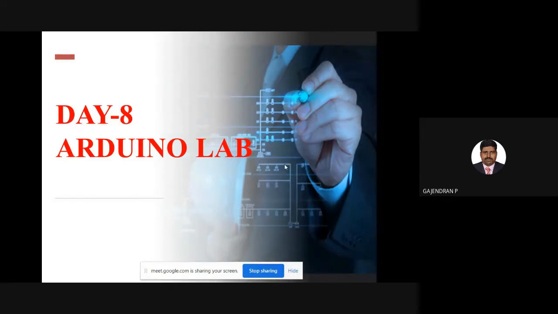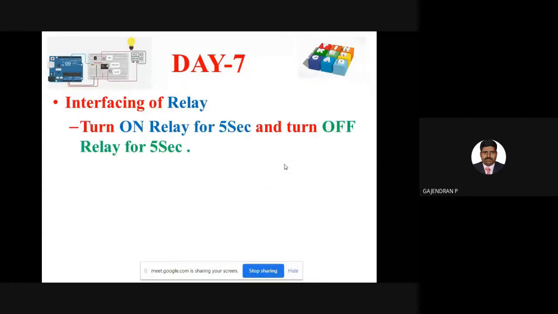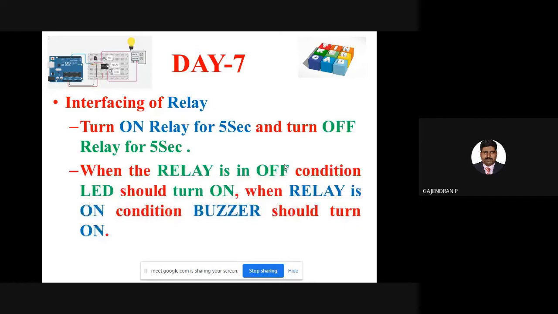Okay, so in last class we have seen how to interface the relay. We did only 3 experiments in that: how to turn on the relay for 5 seconds and turn off the relay for 5 seconds. Then during on and off state, we interfaced 2 different output devices. One is LED and another one is the buzzer. The third one,